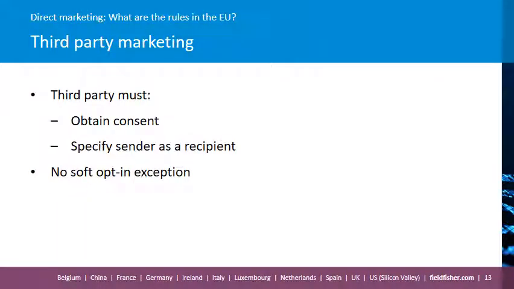So this slide is a word of caution about third-party marketing. In terms of what third-party marketing is, if a third party is collecting personal data on your behalf that you then subsequently intend to market to, that will constitute third-party marketing. So if you are buying marketing lists or lists of personal data of individuals who you intend to market to, if you're buying those lists from a third party, you'll need to take extra care to ensure that you're complying